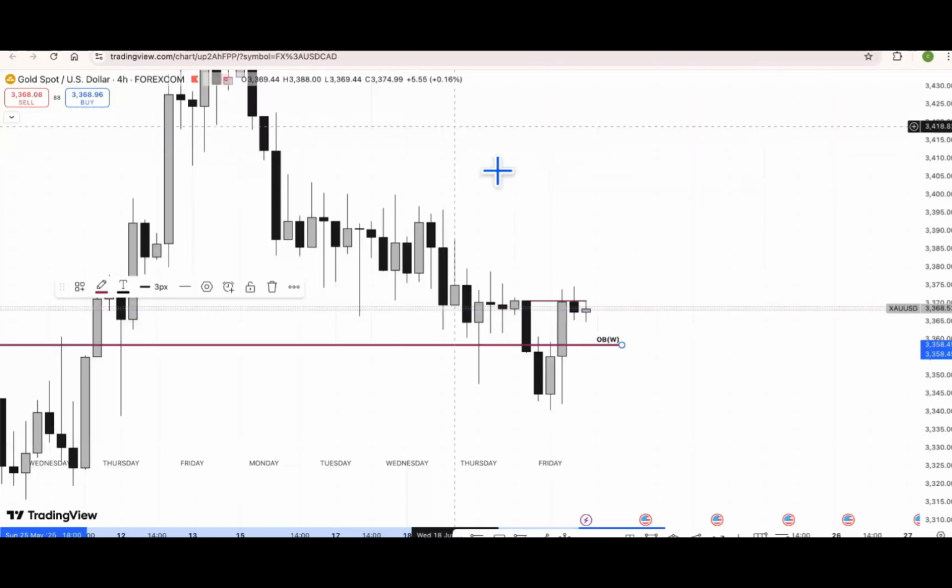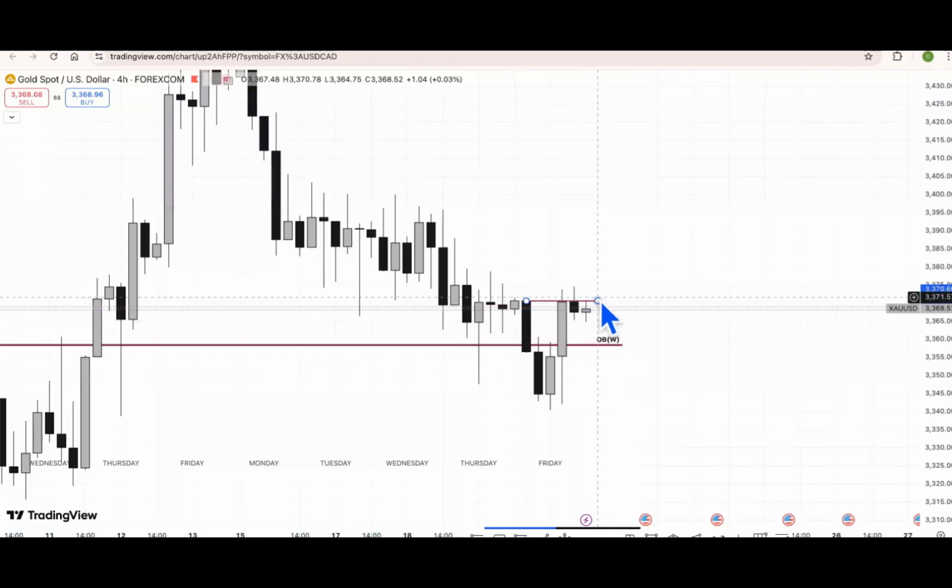So on the 4 hour, we support this. This is how we tagged this weekly order block. As you can see, we tagged it, and then we had this bullish move up. But we have not yet gotten a change in state of delivery. We want to see price